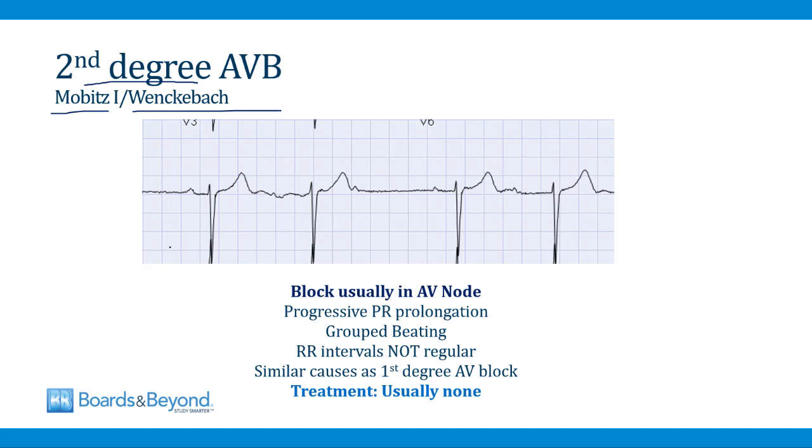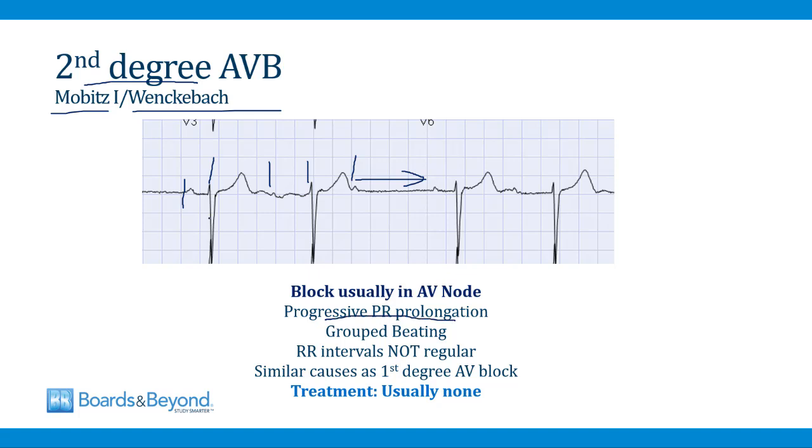If you look at this tracing on the screen, we have a P wave followed by a QRS, then another P wave followed by a QRS, and then we have a P wave where there is no conduction to the ventricles and no QRS, so that's a dropped beat. So anytime you see some conducted P waves and some dropped beats, you're usually looking at a case of second degree AV block. And what makes this Mobitz type 1 AV block is that the PR interval is progressively getting